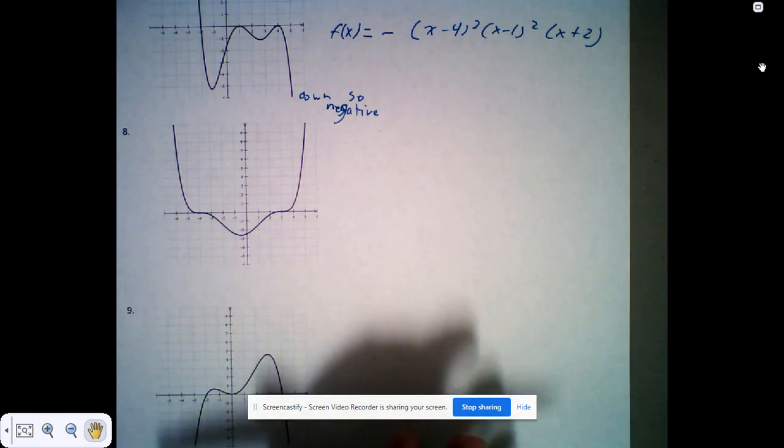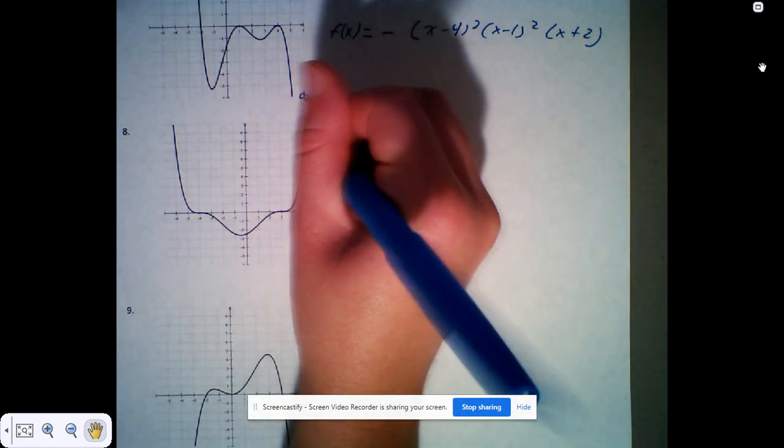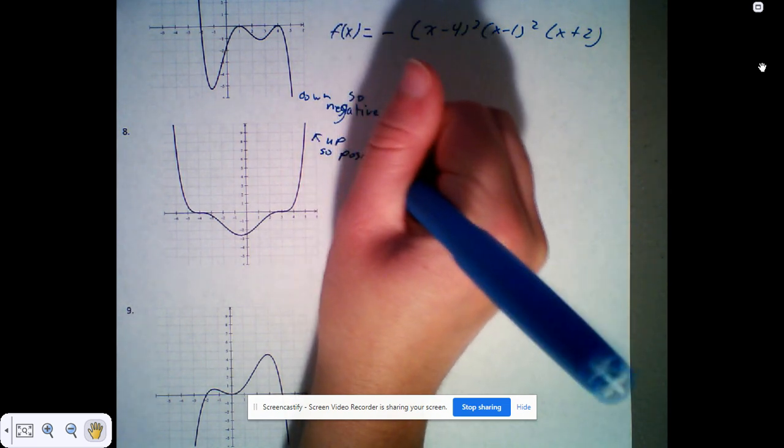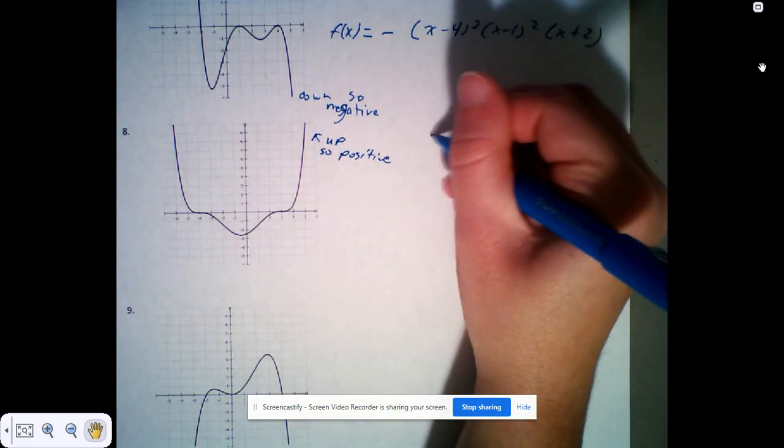For 8, my right arm points up. So it's going to be positive. My zeros are